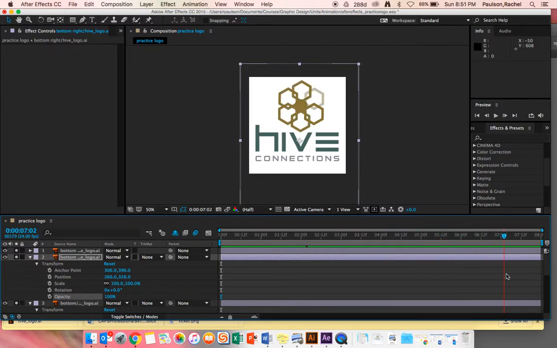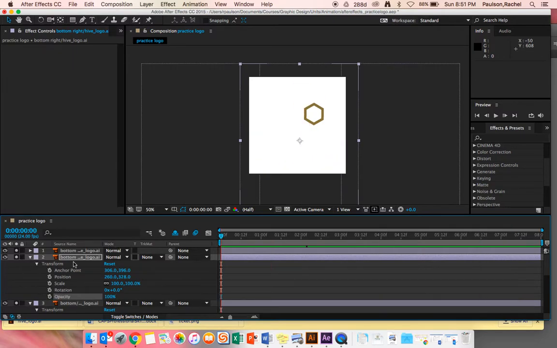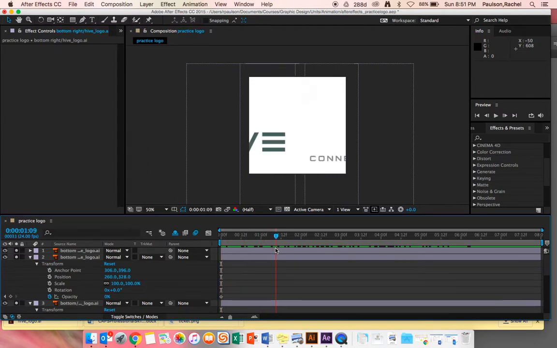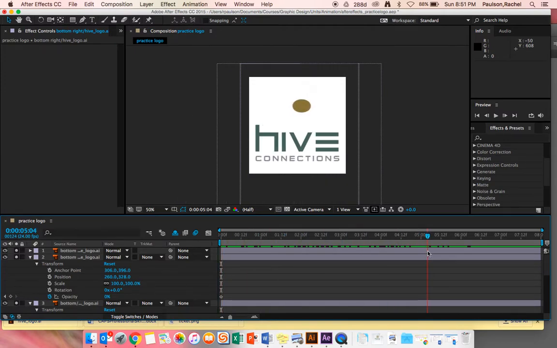So what I need to do is locate the layer, which is this bottom right layer, and I'm going to bring it all the way back to the beginning of time. And I want the opacity to be 0%. Okay, so it's going to be 0% until I change it. So it's not there. Come here, and right about here is when I need that last one to